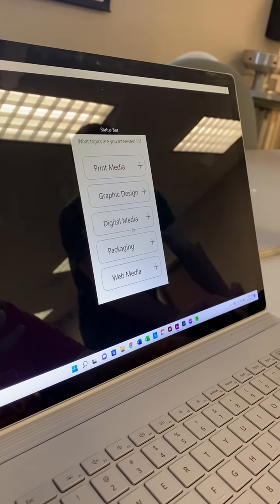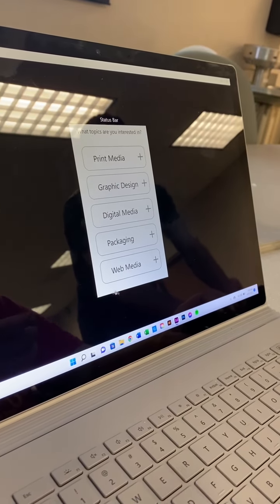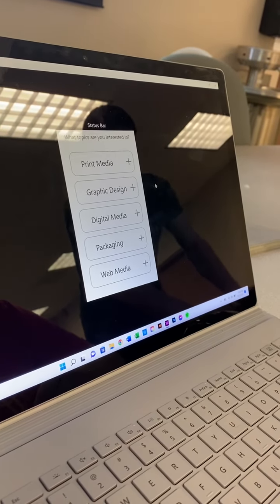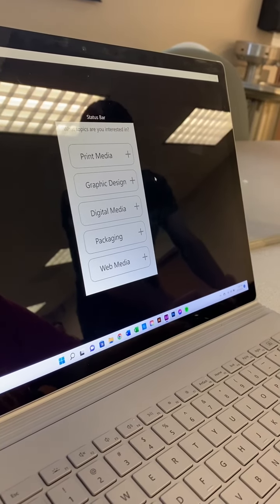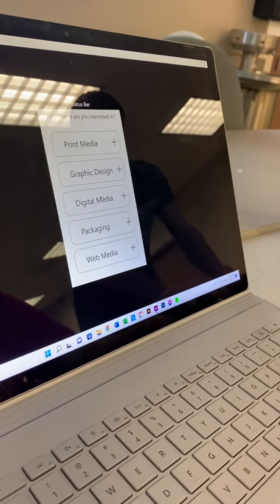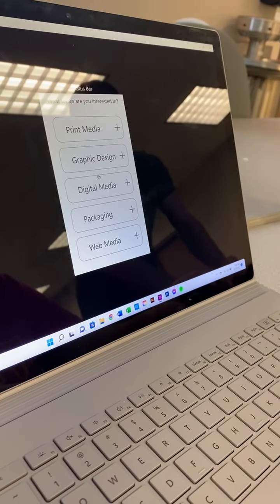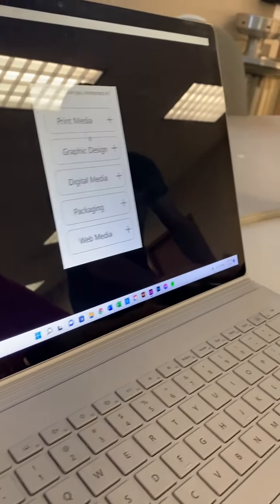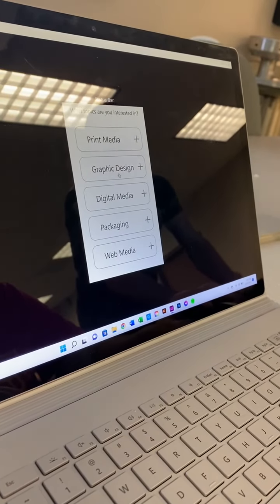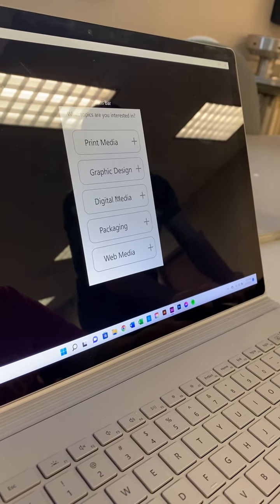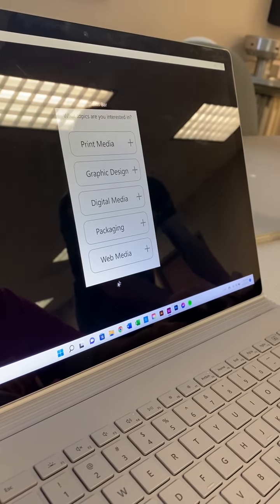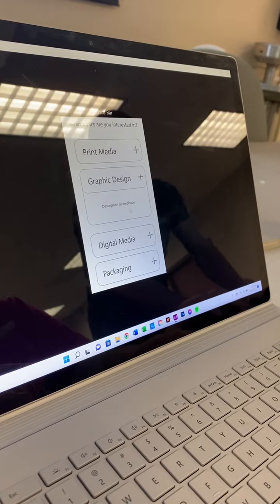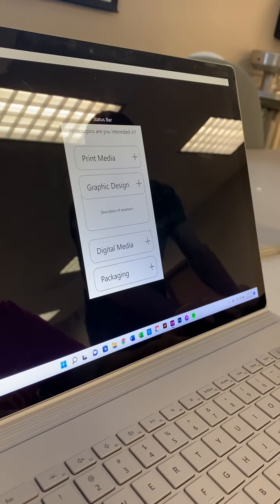Print media, graphic design, digital media, packaging graphics, web/interactive media, and then graphics management. You haven't listed that. So, I don't know what I'm interested in. Is there any way to help me figure out? If you click on it, okay. I'm in yearbook in high school. What does that mean? Most likely, what's going to happen is they're going to go, I've heard the name graphic design before. I've heard photography. Where is that? That's all they know at this point. They don't know this. So have descriptions. Description of emphasis. Okay. It does this and this and this.